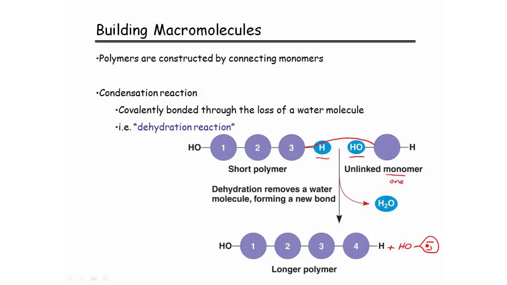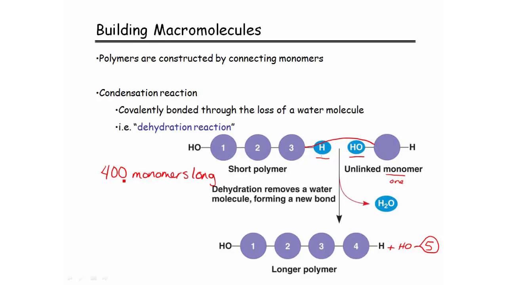So when we're building polymers, it's not a complicated reaction. It is just a dehydration reaction where we remove a hydrogen and a hydroxyl group. They combine to form water, and now we've got this molecule that is 1 longer than what it used to be before. So if we were, for instance, to hook together something that is 400 monomers long,